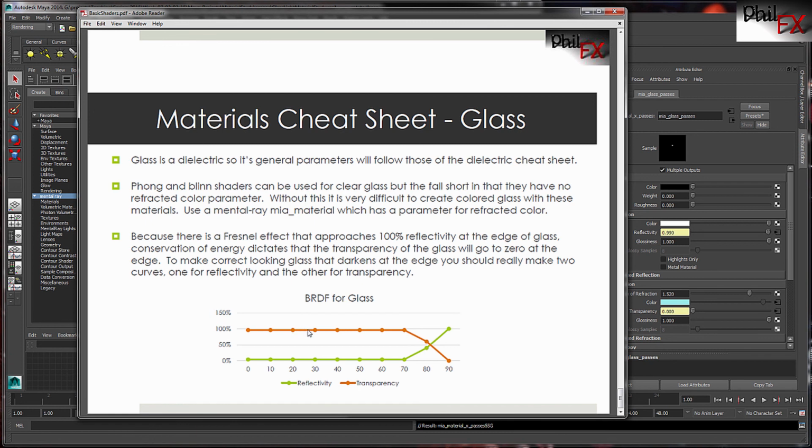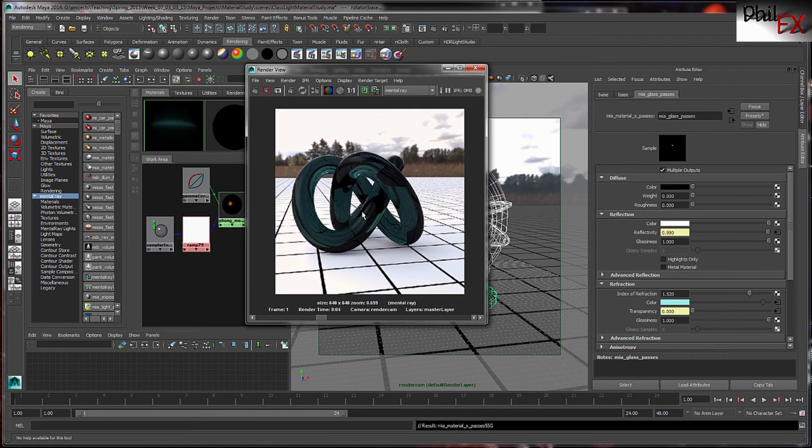It's not 100%, because if I'm reflecting 4%, then I'm only going to be at best 96% transparent. Same kind of thing as we get to 90 degrees, the transparency is going to go to 0. What that does is darken the edges of the glass, and we'll show that